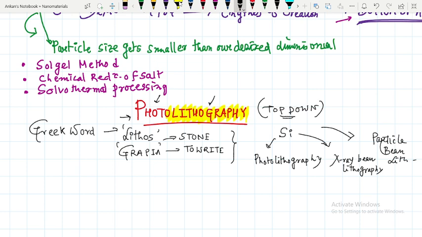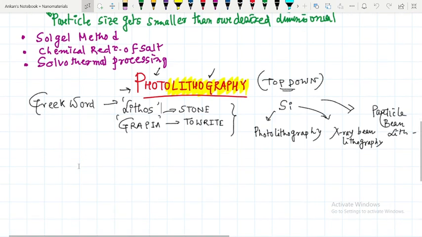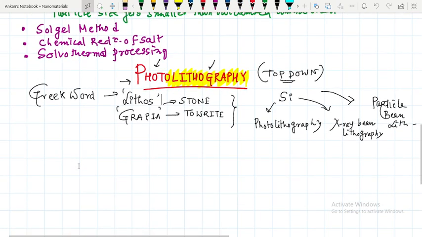Okay. Now, what are the steps involved here? So we have to form nanomaterials with the help of photolithography technique, and the word involves two Greek words which mean to write over the stone, as lithos means stone and graphia means to write. So here the silicon wafer plays the role of the stone, and we can write the desired pattern with the help of photons or UV light or UV radiation